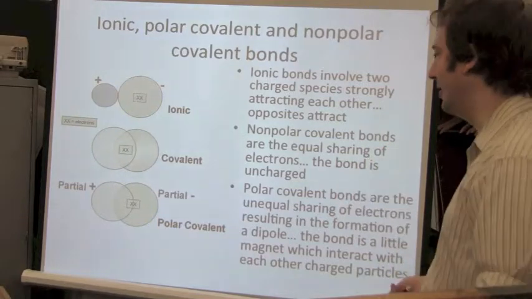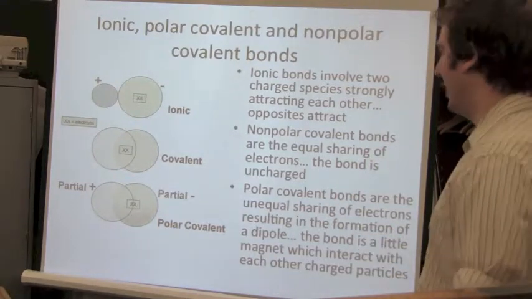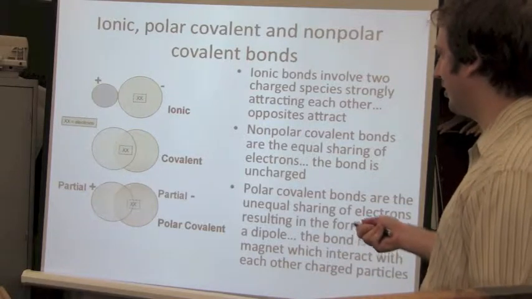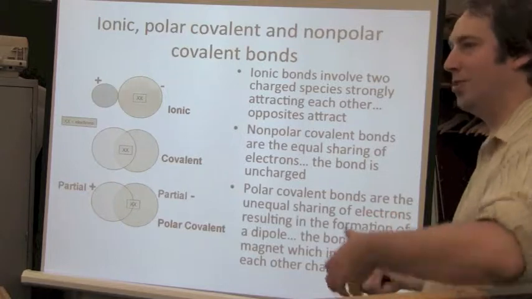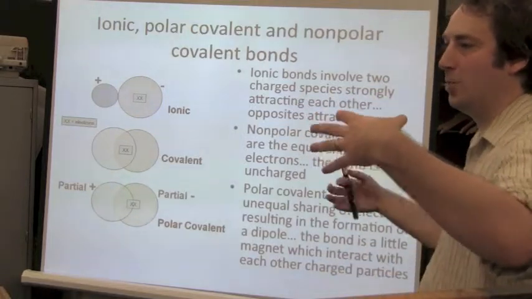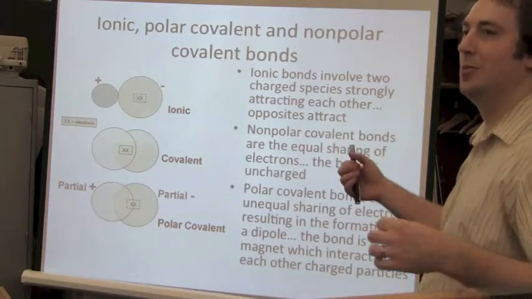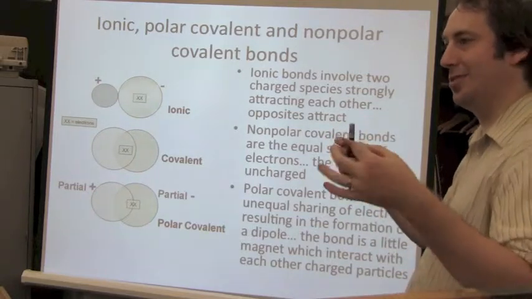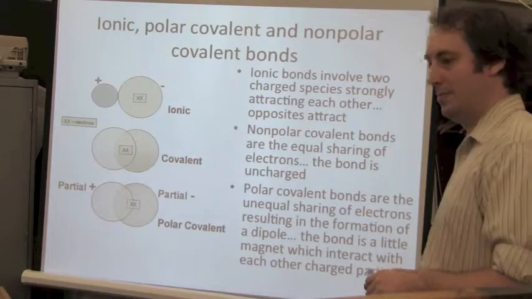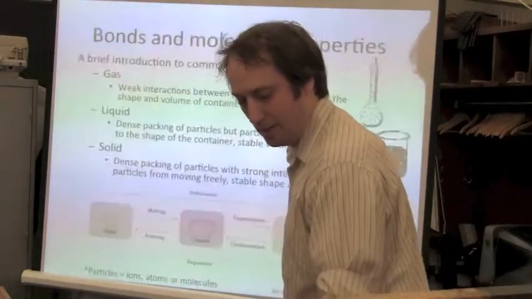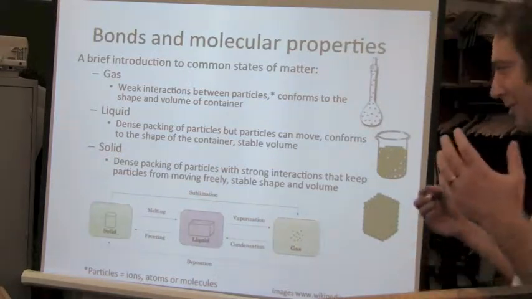Electrons that belong to one will also belong a little bit, to the same amount, to the other one, and they're sharing evenly. And then the polar covalent is a mixture of these two things, where the two atoms share electrons like a covalent bond, but we also have a little bit of ionic character, with a partial positive charge on one side and a partial negative charge on the other side. So we don't have a full magnet that's developed, but we do have a separation of charge that's occurred, and this is very important. Okay? And so this is how we're going to tie it to molecular properties